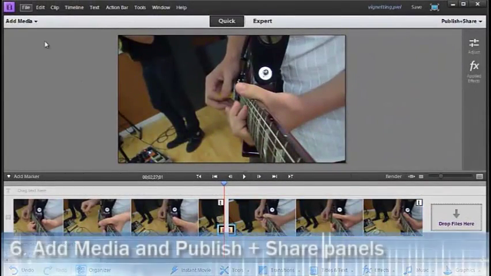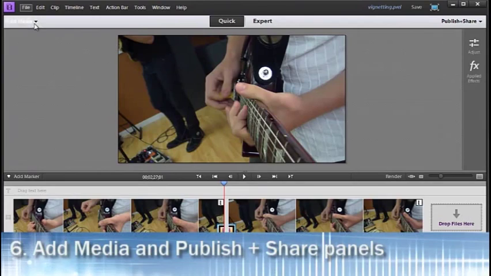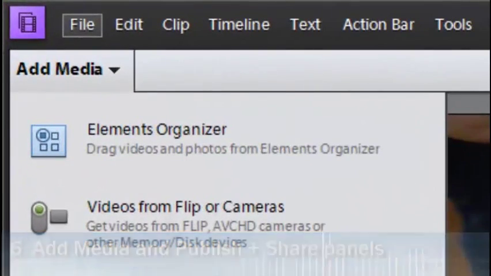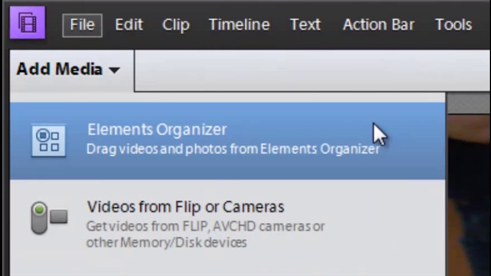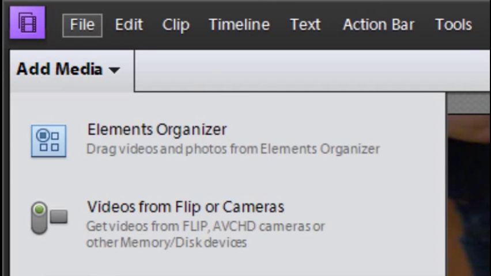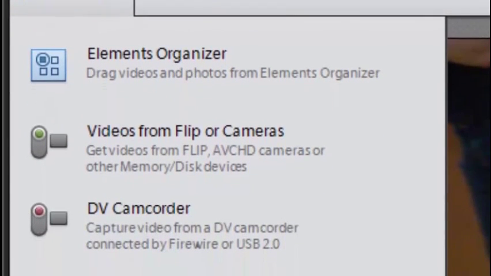And I'm sure you've already noticed that we have two new panels sitting on the left and the right of the interface. First we have the Add Media panel, where we can quickly go and grab the video clips and